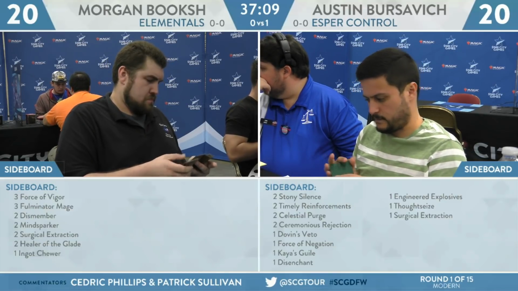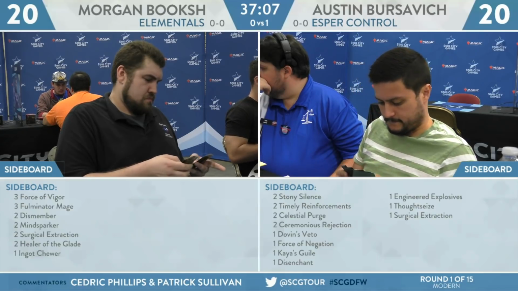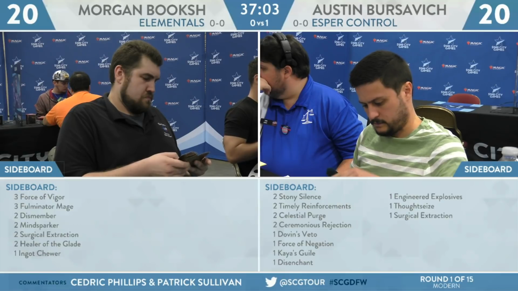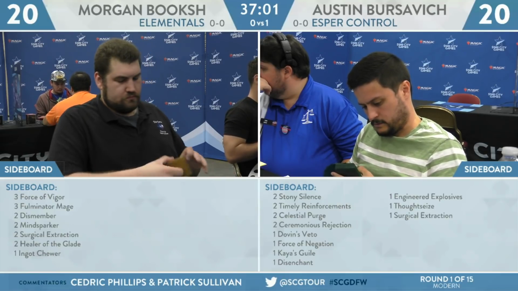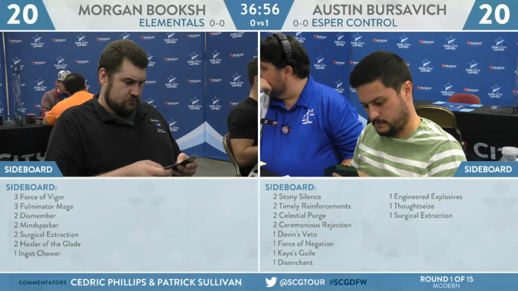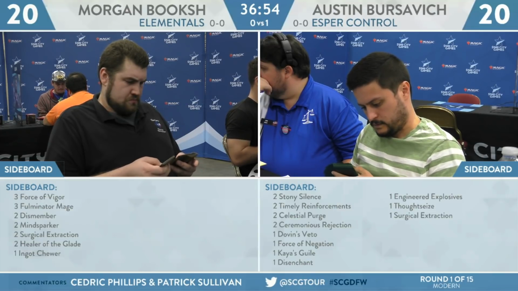Fulminator Mage really just kind of good on its own, and any sort of recursion could be game winning if Morgan can set that up. I don't mind the 1 Ingot Chewer here as a hedge against Stoneforge Mystic, even though Bursavich doesn't have it in the list. For Bursavich, he's got 2 Stony Silence, 2 Timely Reinforcements, 2 Celestial Purge, 2 Ceremonious Rejection, and